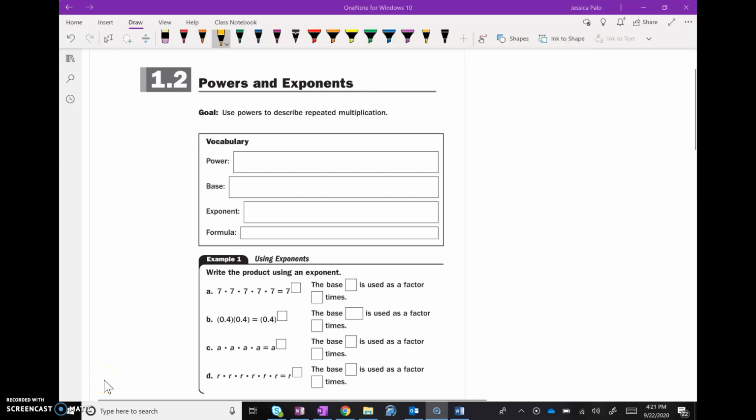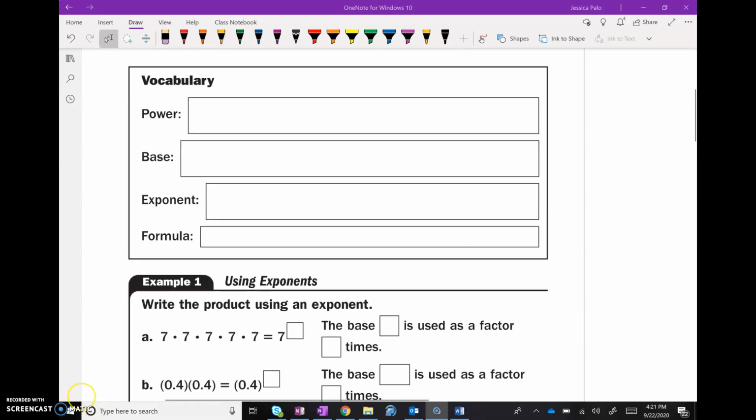This is Pre-Algebra, Chapter 1, Lesson 2. Today we're talking about powers and exponents, and your objective today is to be able to use powers to describe repeated multiplication. For your vocabulary words today, rather than defining each word individually, I'm going to draw you and label